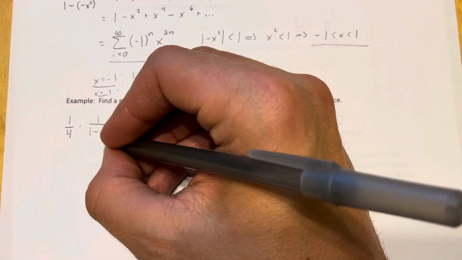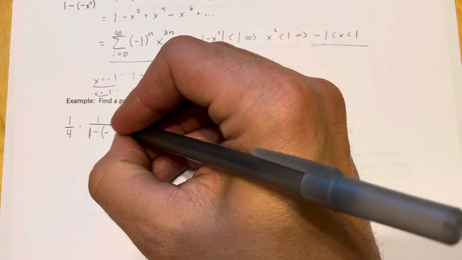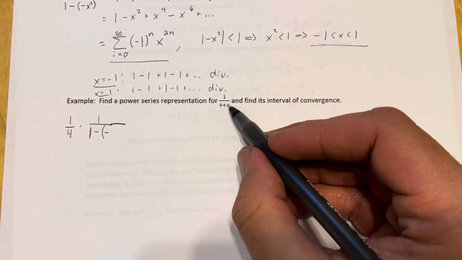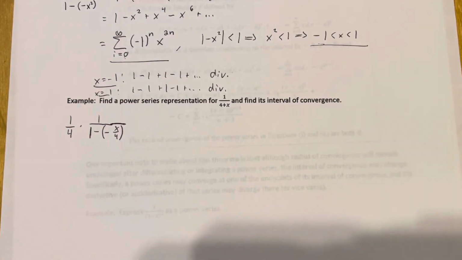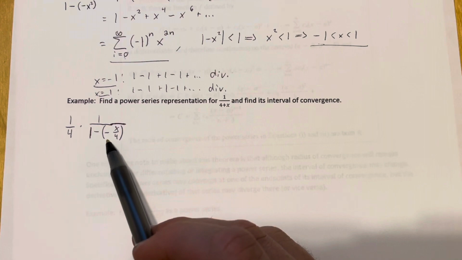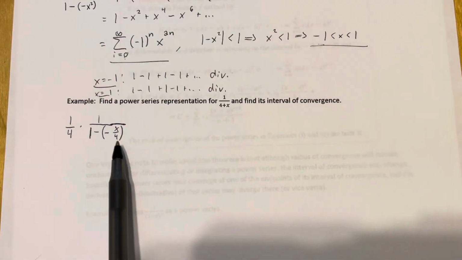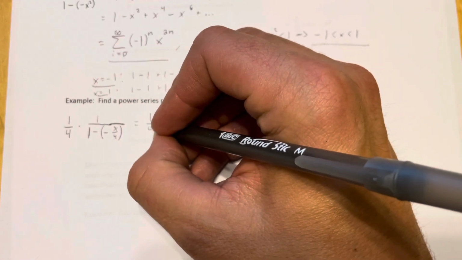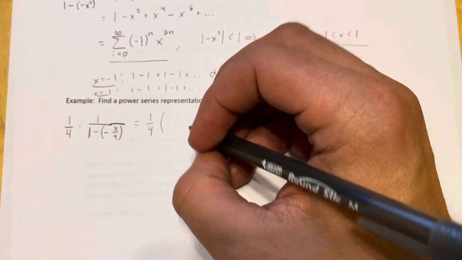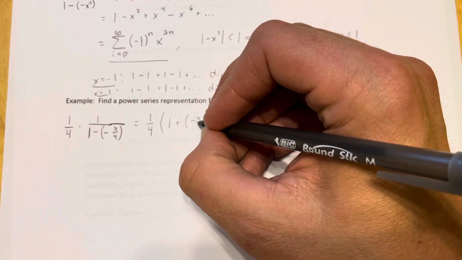I want to subtract something that's negative, to account for the fact that I have a plus where I really want a minus. And then if I factor a 4 out of that x, what's left here is x over 4. Okay? So this thing is of the form of this expression here. And where I have an x, I'm going to be substituting a negative x over 4. So this is the same thing as 1/4 times, I'm keeping that 1/4 out there, 1 plus negative x over 4